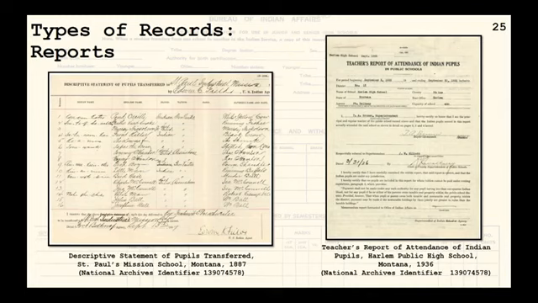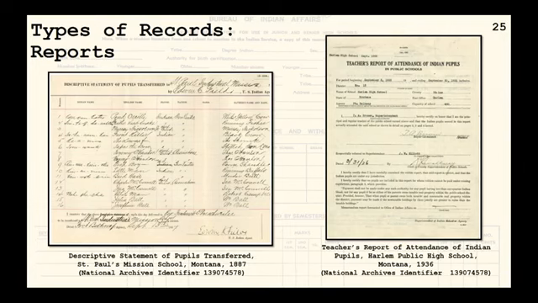But back to this slide. This report on attendance of students at public schools are a boon to find, because if you're researching someone who didn't go to a BIA school, you might still find where they attended via such reports, as long as you know the tribe. Again, though, it can be a crapshoot if they were saved. Now, all right, we've talked enough about reports. Moving on. Next slide, please.